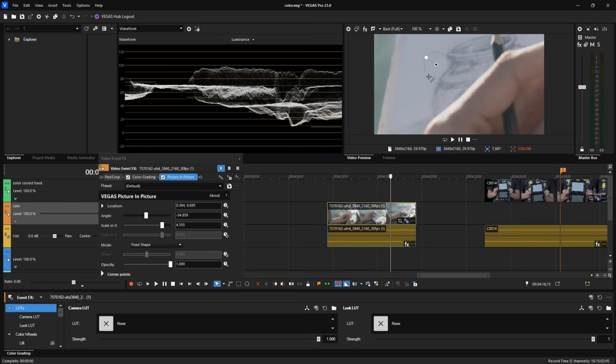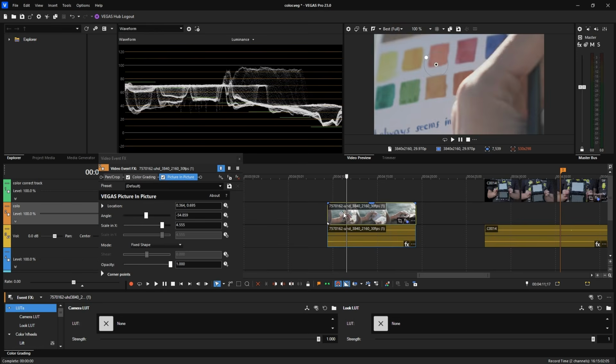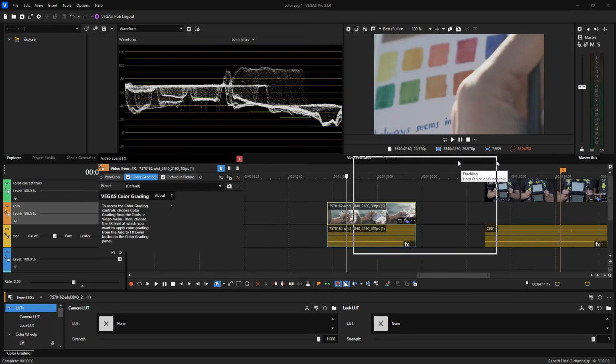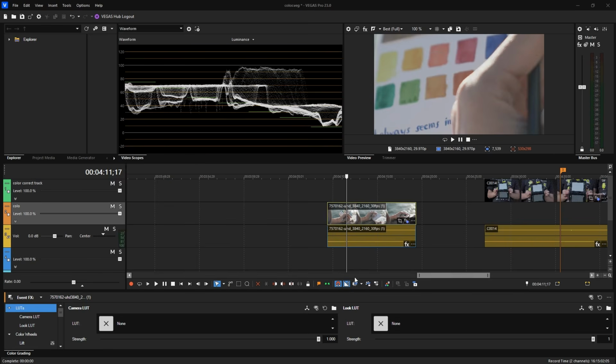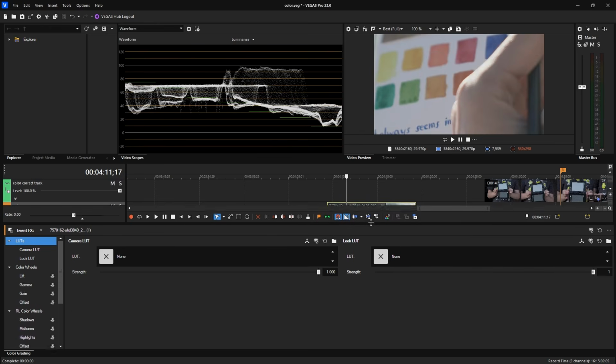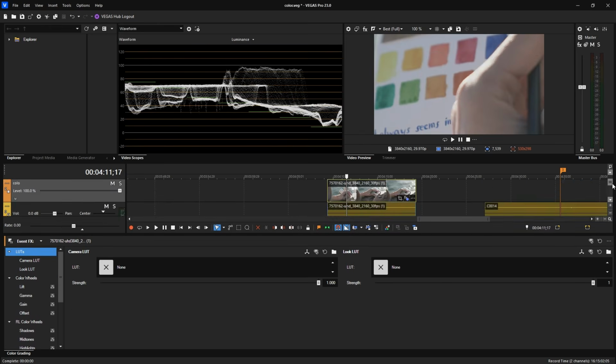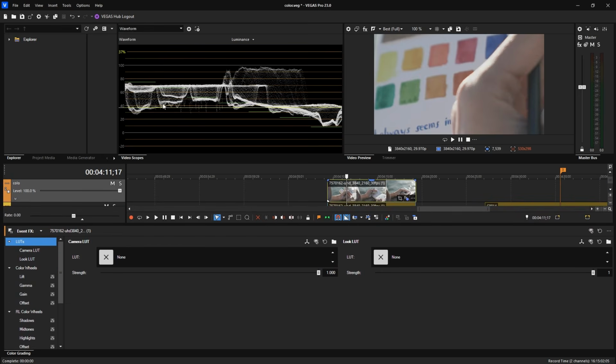Let's look at both these frames here and talk about how in a typical shot there are some things you can do to get some color information, even if you don't have a color card. Like what I have is the Calibrite Color Checker Passport. If you don't have that, what do you do? Well, first let's go into color grading here. Let me get this out of the way, and I like to see the clip I'm on here. All right, so here what we can do